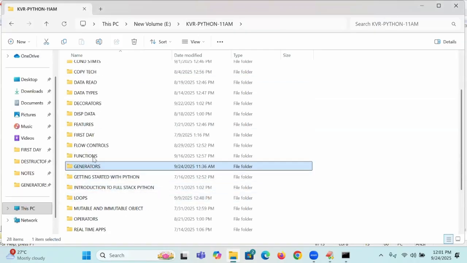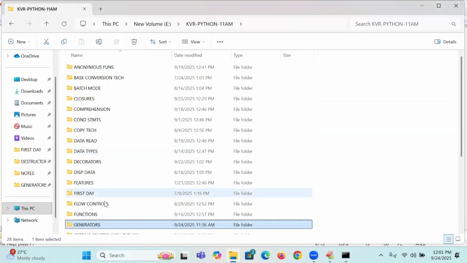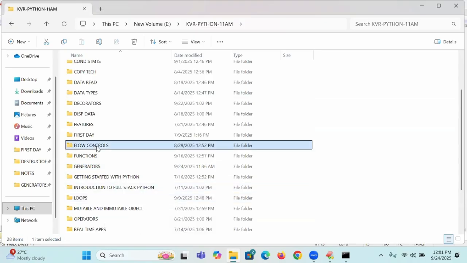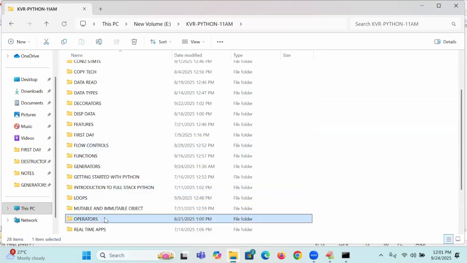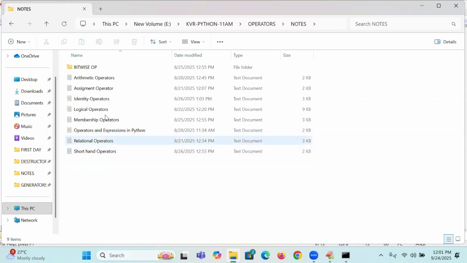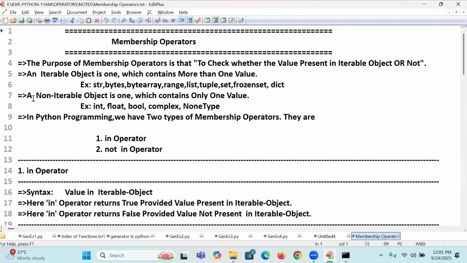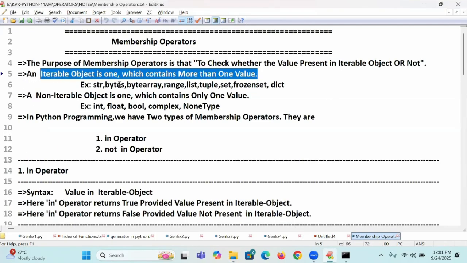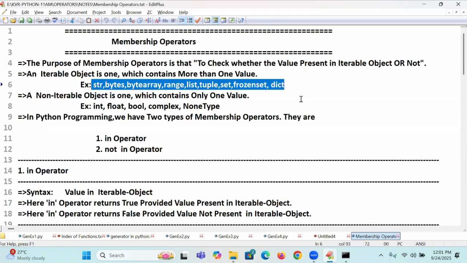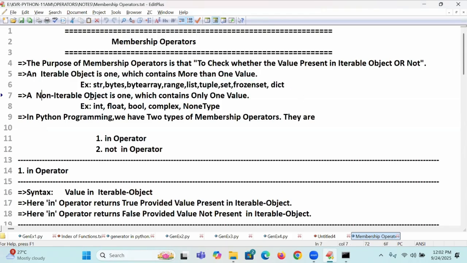Go to operators, and in that, membership operators. Here I used to show you: iterable objects, all these things, and non-iterable objects, all these things.